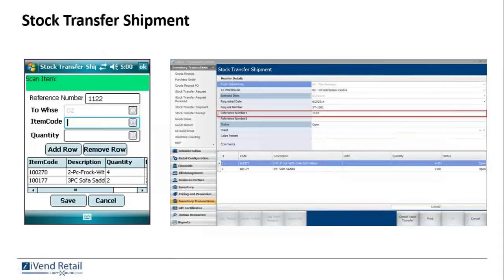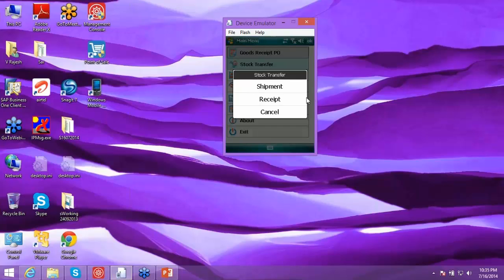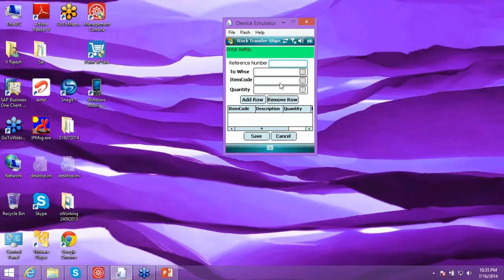So for the stock transfer shipment, let's see how this works for iVend when we use the particular handheld device. Let's say I am in one store and I would like to send some items to another store using the handheld device. So I'll go to the stock transfer menu here. Here I can have two types of options. One is shipment, one is receipt. I'll click on stock transfer shipment. Now here the reference number has to be given by the person, definitely. Okay. So when you give the reference number,